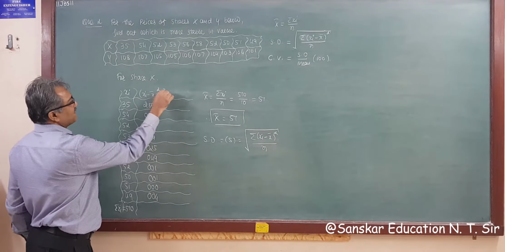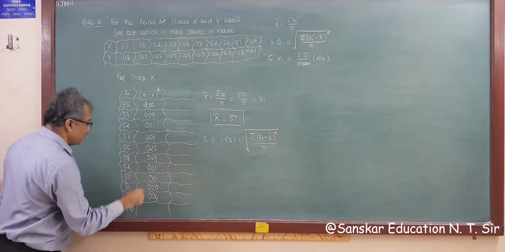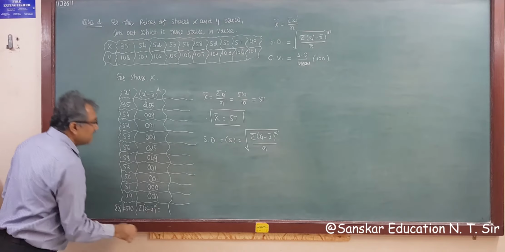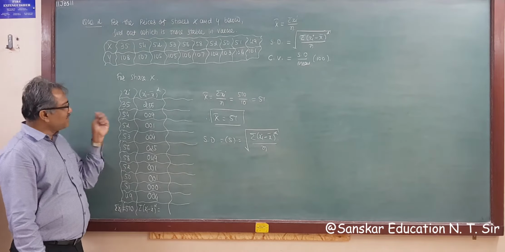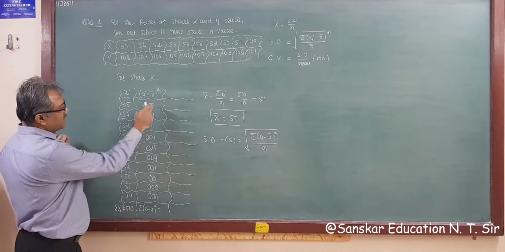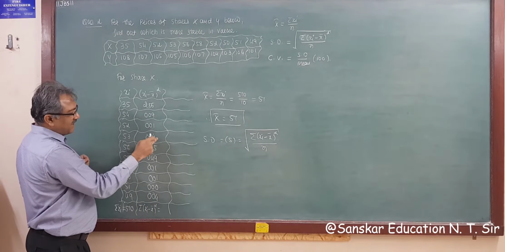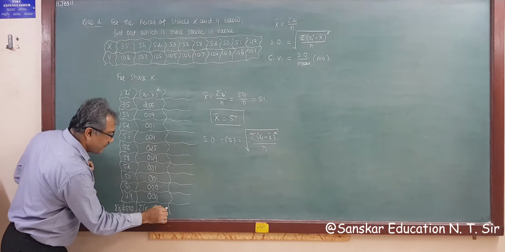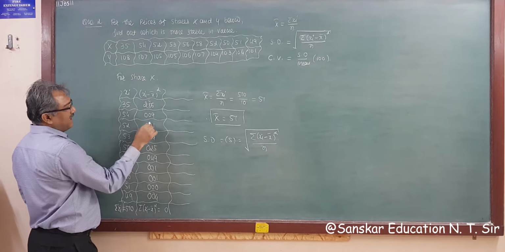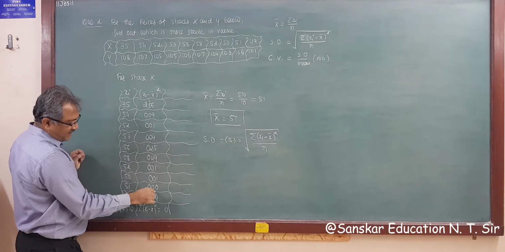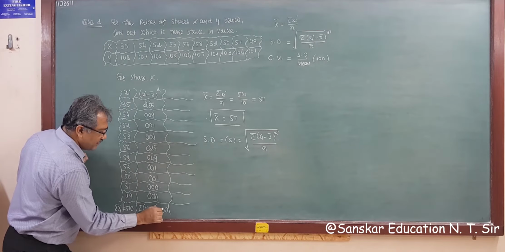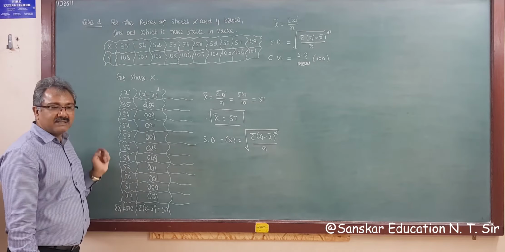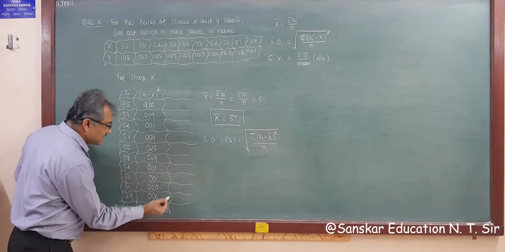So sigma xi minus x bar whole square is the sum of all these numbers. Only the first is a big number, otherwise all are small. So 6, 9, 15, 16, 20, 25, 34, 35, 36 and 4, that is 40, 0. 4 is carried, 9, 11, 15 and 0. So the answer is 350.